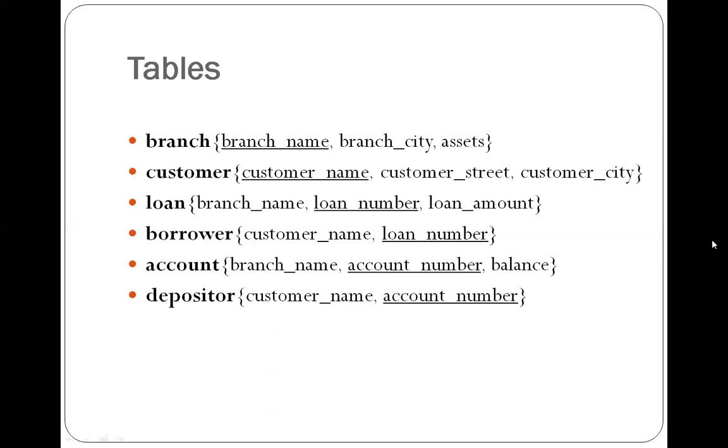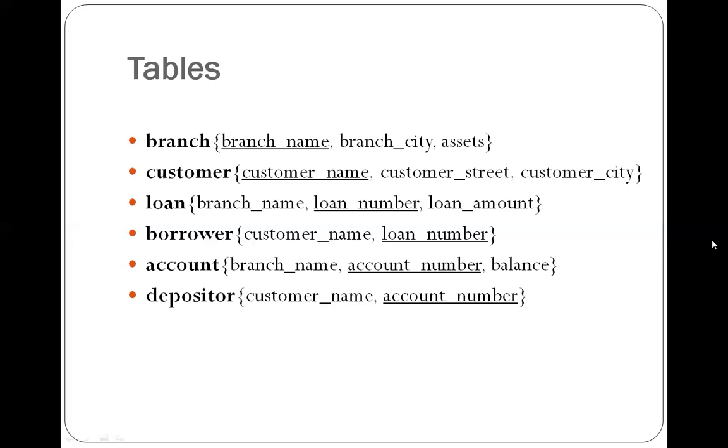What is a primary key? We have learned that a primary key is the set of one or more attributes using which we can uniquely identify all the records in that particular table. Here we are considering only one attribute as the primary key for each table. But it may be possible that we need to consider more than one attribute together to form a primary key.